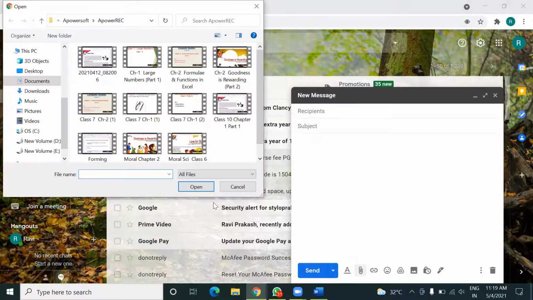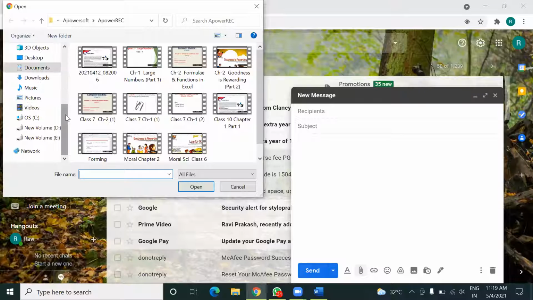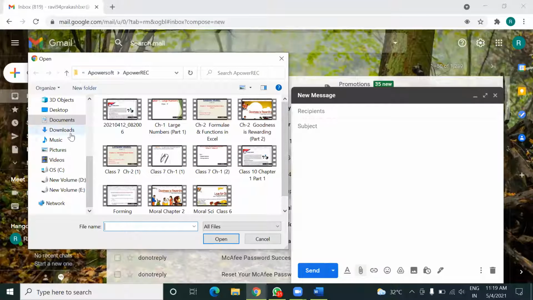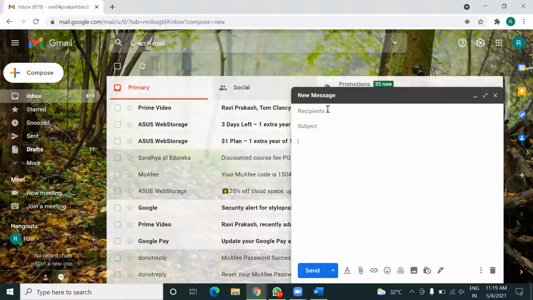If you click on this button, you will get this file navigation window, and from here you can choose whatever file you want to attach. If you attach one file, that file will be sent to the recipients as an attachment.